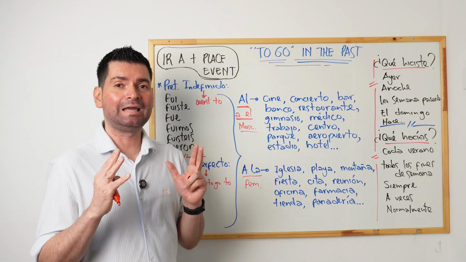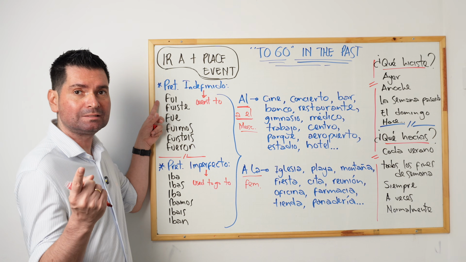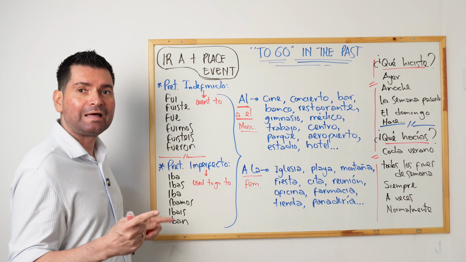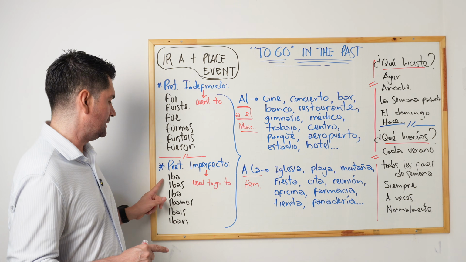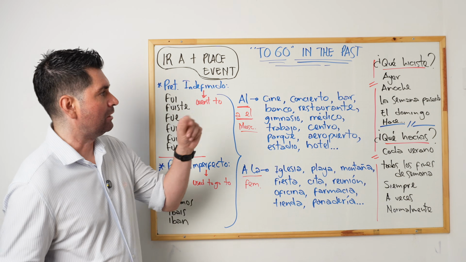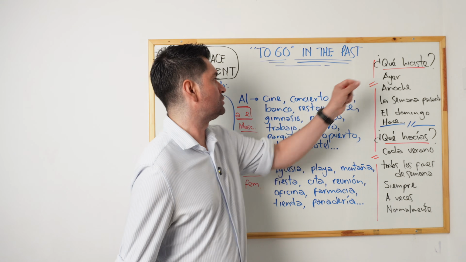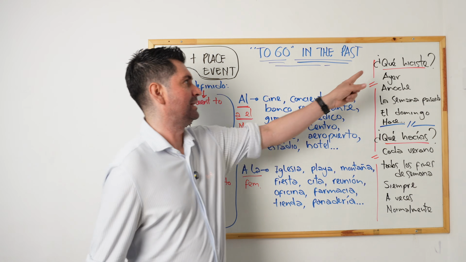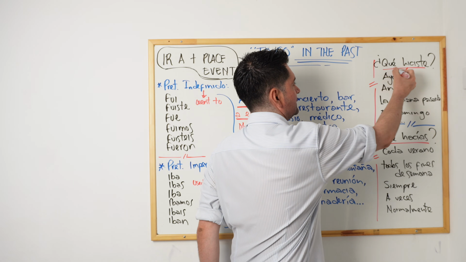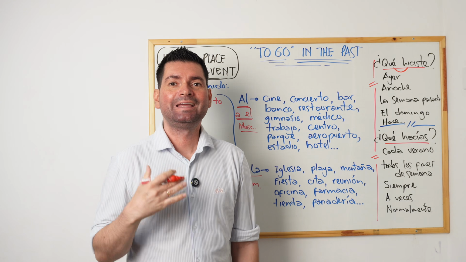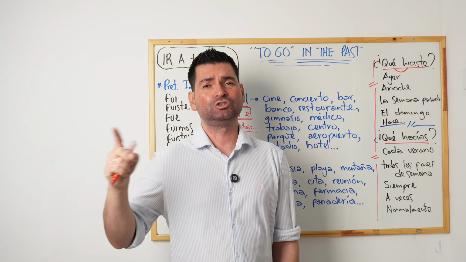So you can see that the idea is very straightforward. You need to learn the pattern for went to a place, the conjugation, and then you need to learn the pattern for used to go to a place, the pattern and the conjugation. I wrote a few questions here and keywords that are very important. The question, when it is went to a place, is ¿qué hiciste? Here, you connect the I and the I. So you say, ¿qué hiciste? ¿Qué hiciste is, what did you do?